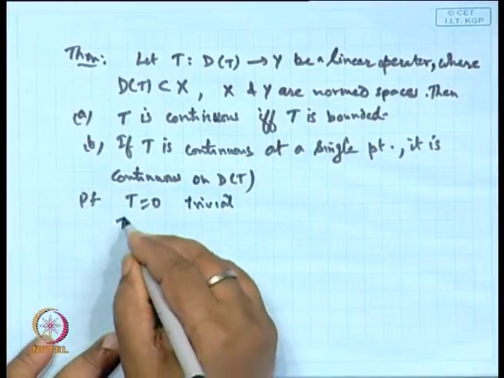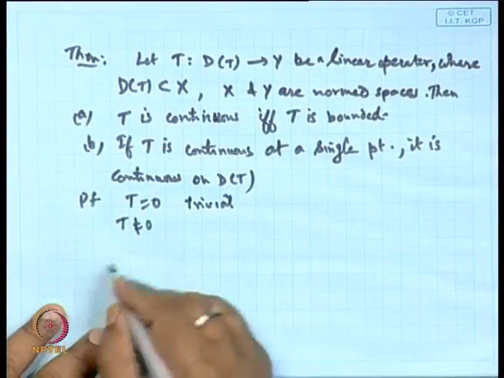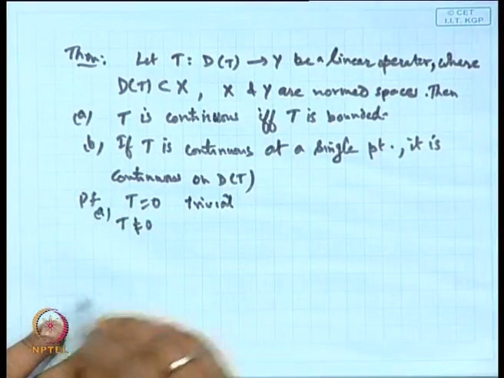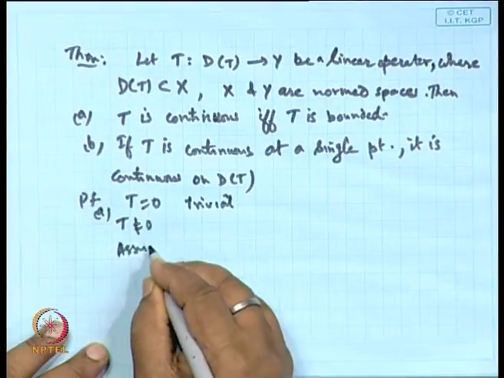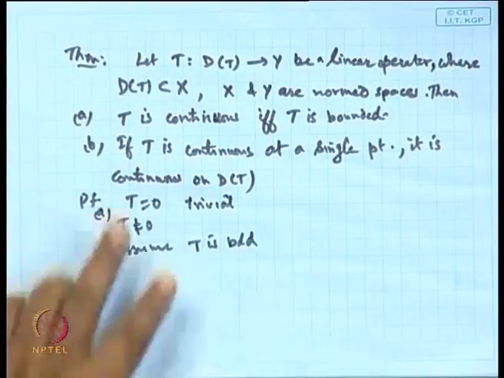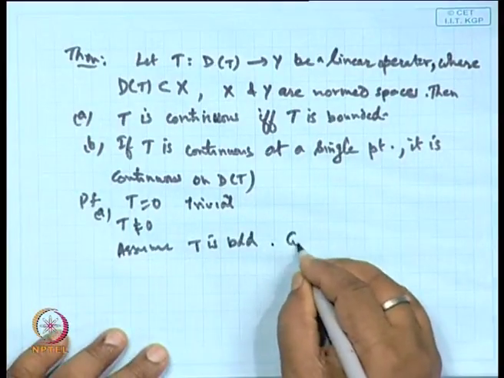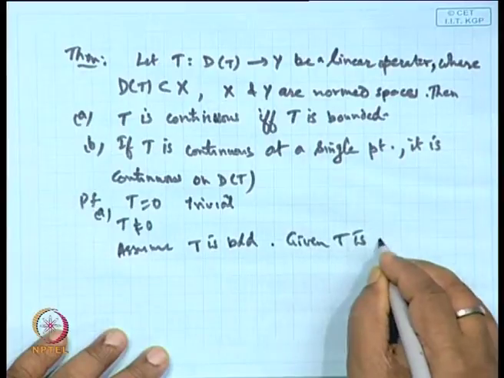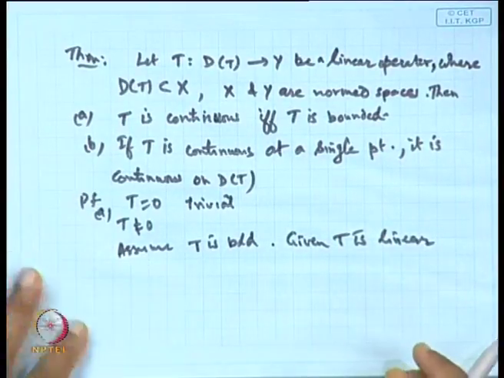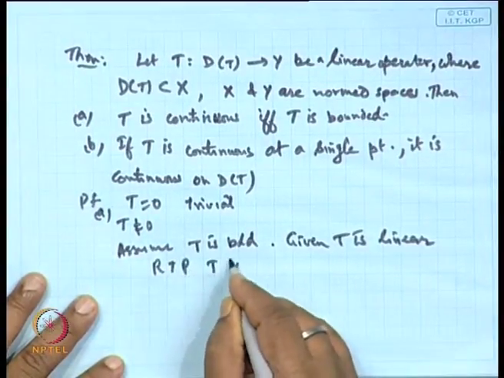So, let T not be equal to 0. Okay. Now, assume, so we wanted to prove first thing A. So, assume T is bounded, we wanted to show T is continuous. Given T is linear, this is known already. Okay. To show T is continuous,